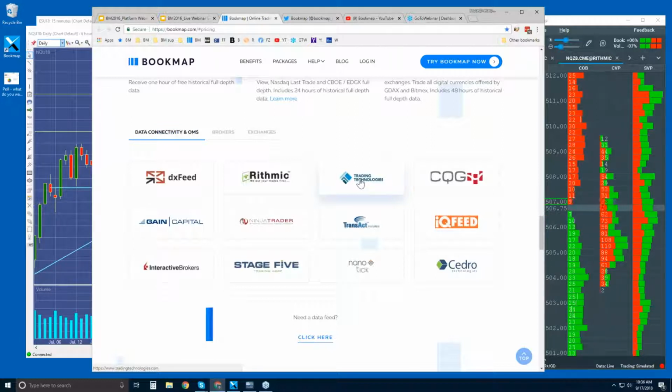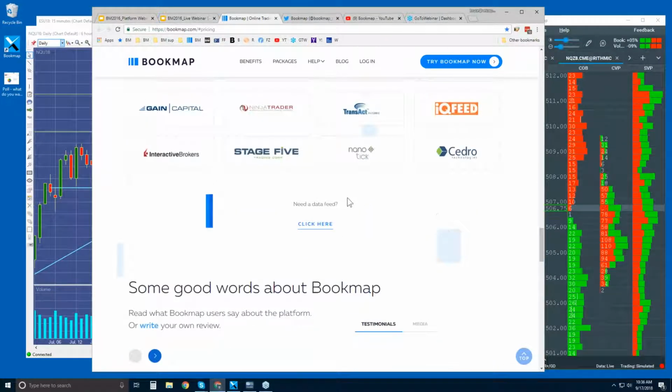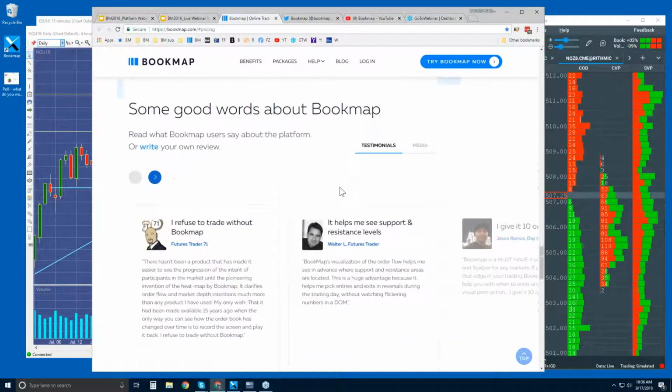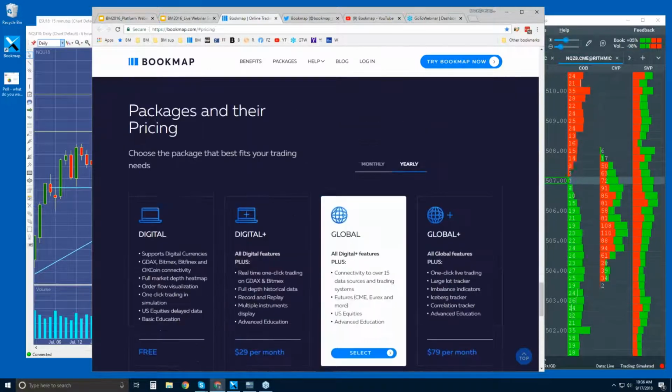However, it is recommended to connect directly to the data provider like Rithmic or CQG. You just get cleaner data and you don't have to go through another platform. We are a platform, just like everyone else. We're not an indicator. We're not a derivative of time, price, or volume. Okay, some testimonials here, and then we'll get down here to